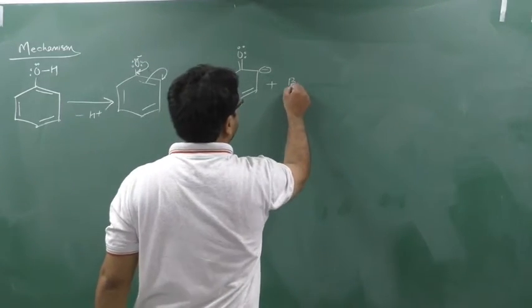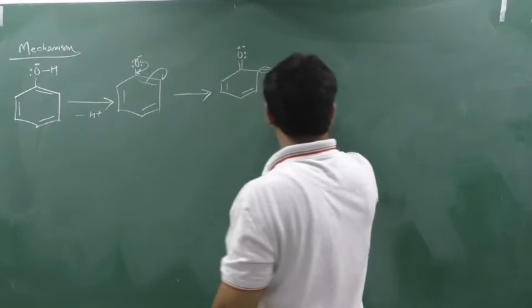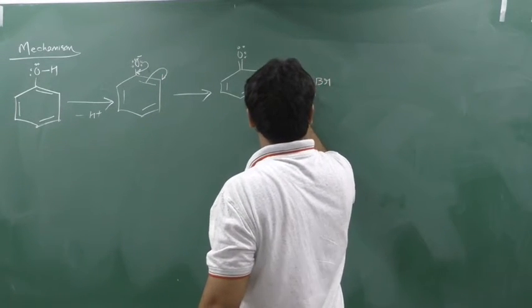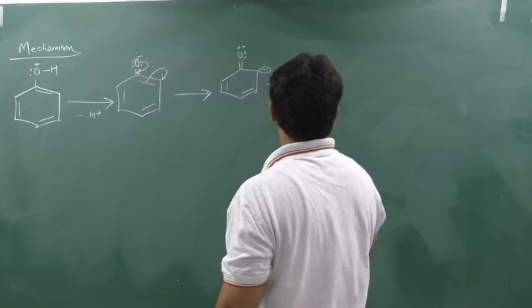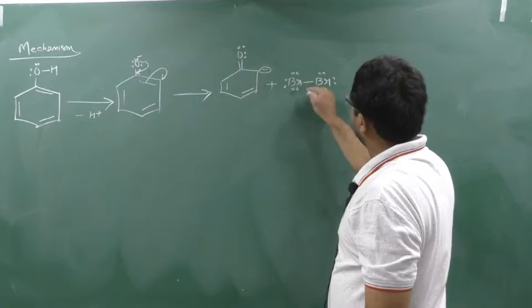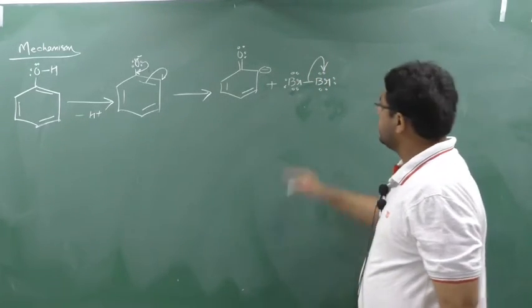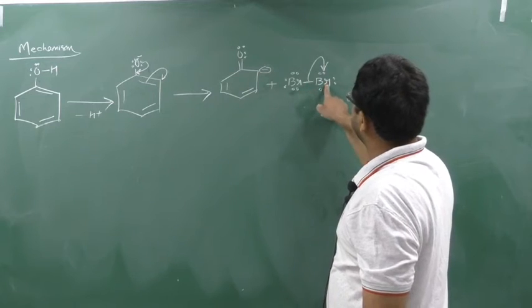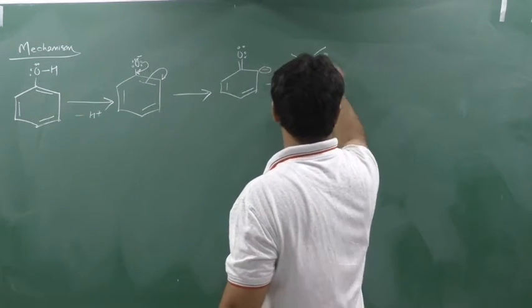See here now. This is the bromine. So Br2 can be written like this: Br with lone pairs on each. Now what happens? This bond will get shifted either onto this Br or onto this Br. So see, I am doing here, this bond gets shifted onto this Br.